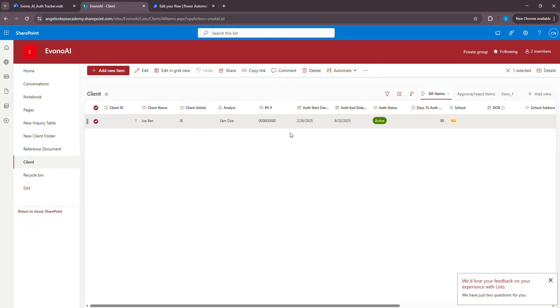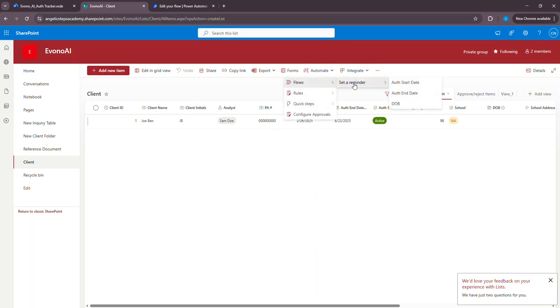If you want to set this up from the SharePoint list, it has this option here that says Automate. If you click on it, it says go to Flow. Here it says loading. Here it says set a reminder. Because it knows this is a date column, these three are all date columns, it gives you the option to set a reminder based off of the date columns. Now, I wanted to set a reminder based off of the auth end date. If you look here, this is my auth end date. So if I go ahead and do that, it is going to automatically